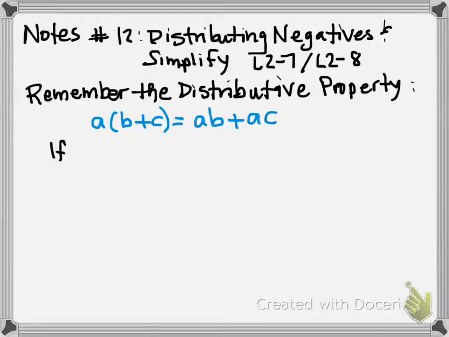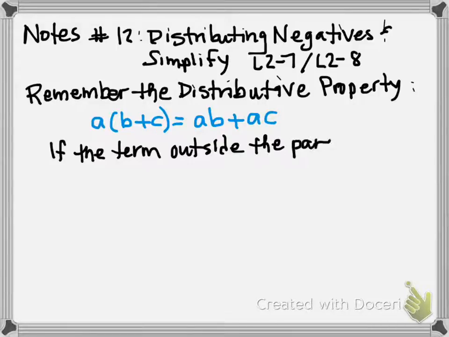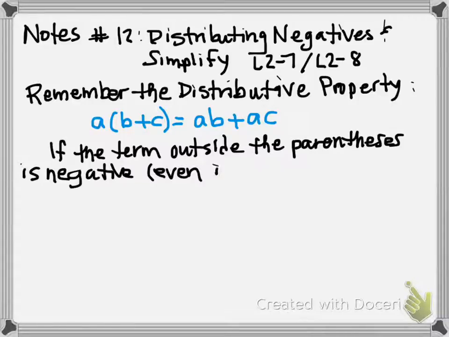If the term outside the parentheses is negative, so if we have a negative value, even if it's just a negative sign, so there's no number, if you don't see the number, then you assume it to be 1, so it would be -1. So even if it's just that,